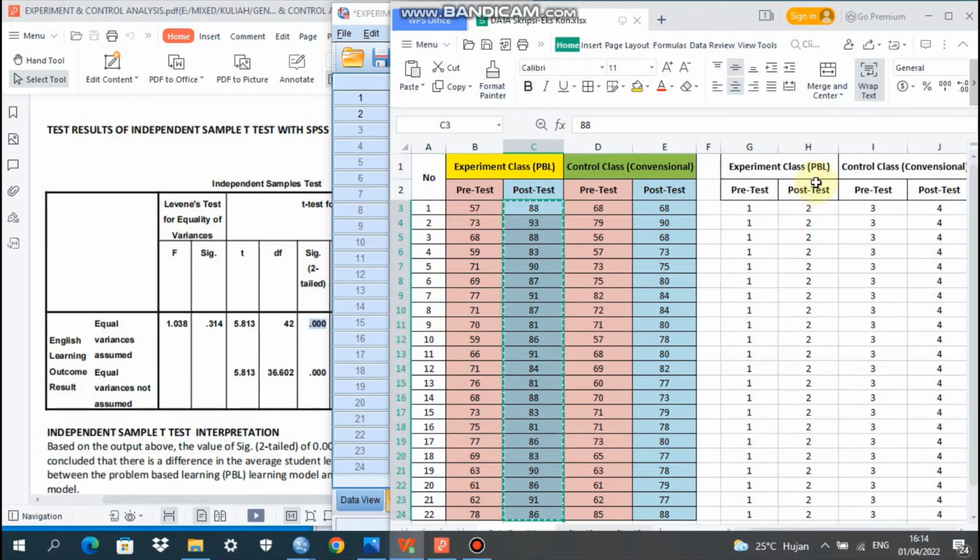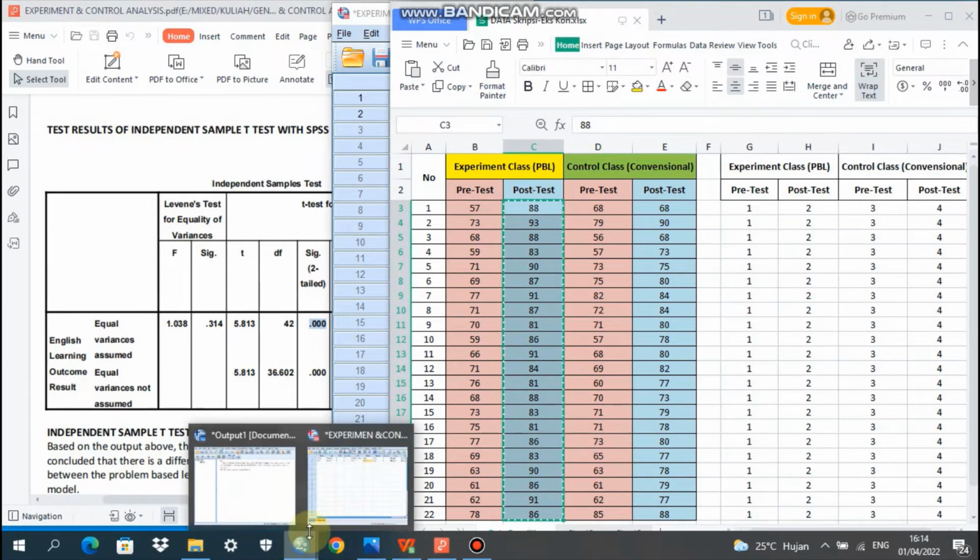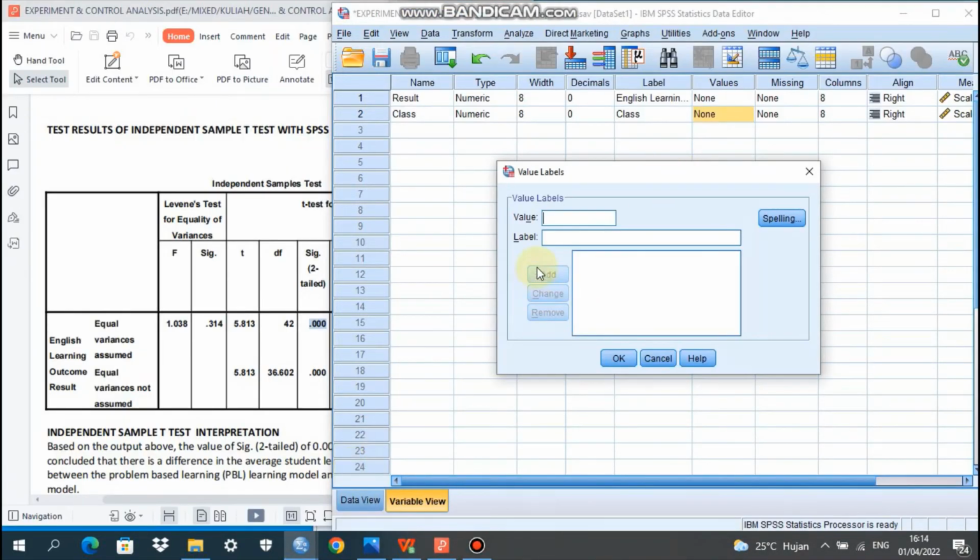Post-test for the experiment class is code 2, and post-test for the control class is code 4. So this will determine the value label here. We type 3, and then for the label we have post-test experiment class, or the implementation of the PBL learning model.